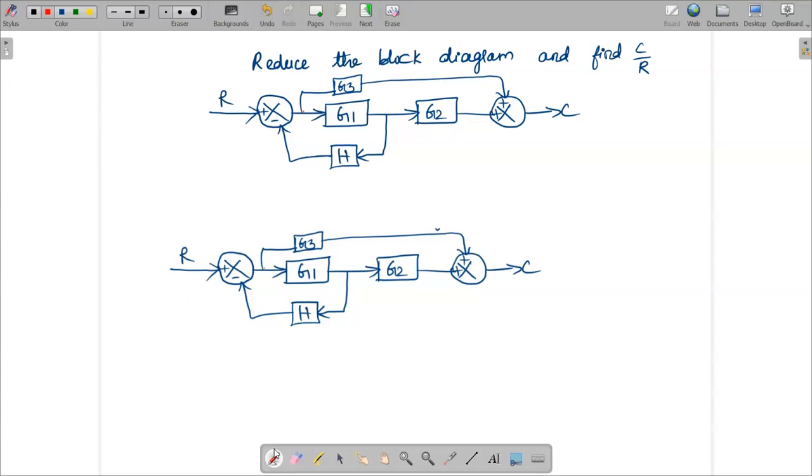So today in this video we are going to reduce the block diagram and find the term C by R, that is output by input. In the previous video we have seen that when we move this particular branch ahead of the block G1, we can reduce and proceed further and obtain the C by R. Now in this problem I am going to move this H branch right before the block G1 and